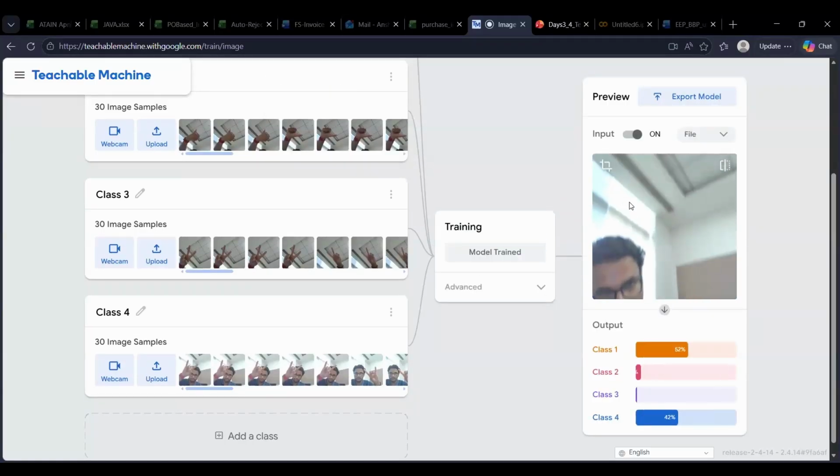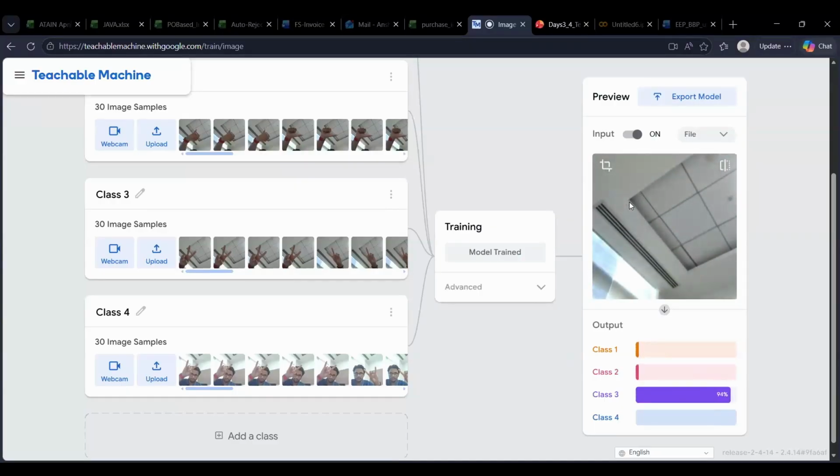Now if I just point upwards, this output can't be predicted, right? Because in each individual class, there are images which contain this particular snap of the ceiling. But if I just add in a particular symbol, then it can detect it, right?